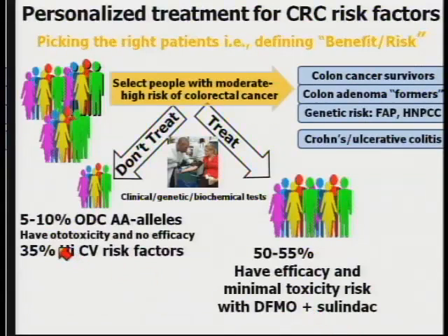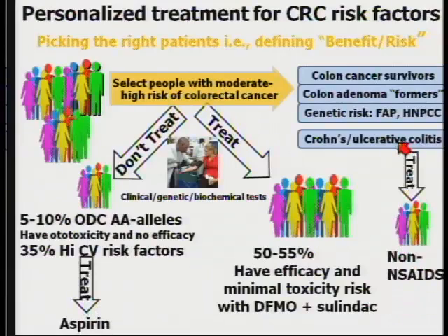What do you do with these populations? And then many of you are out there thinking, wait a minute, you're not going to be treating people with inflammatory bowel disease with nonsteroidal anti-inflammatory drugs. This gives opportunities for, again, predictive approaches using the ODC A-allele. They're the people who especially respond to aspirin. And we're thinking about non-steroidal anti-inflammatory drugs for this particular group of patients.